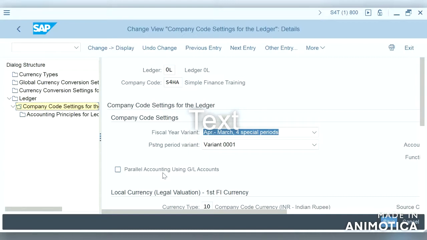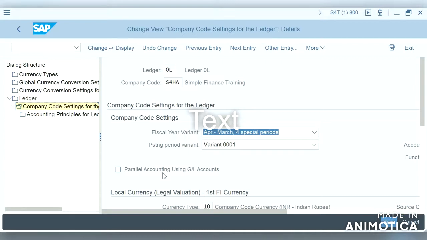But there are companies which are not using new GL, but they have to report in different legal requirements. Maybe one is India GAAP and the other is IFRS. Okay, let us take an example. We have to report the asset based on India GAAP and also based on IFRS.